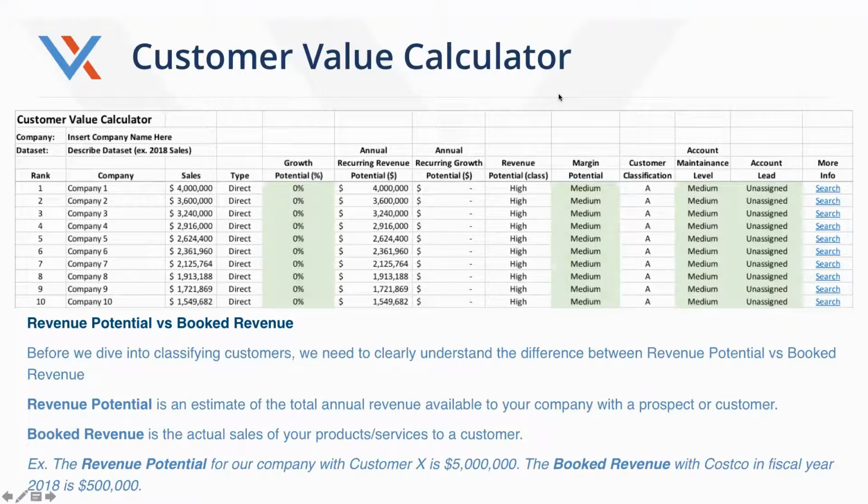And so that's really this idea of looking at our customer base, determining which ones are the highest value to our business, classifying them so that we know who our A, B, C, and D customers are, and then starting to take action against that. If we've got an A customer and we haven't been paying attention to them, who's the account lead that's assigned to that? What's our goal? What are we going to do in order to reach that goal? Those are all things that need to happen in order to make this process successful.